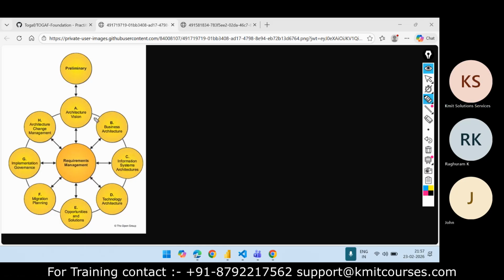Now, you see there are 10 phases. When we are following these phases, we follow step by step. In the preliminary phase, we take the requirement. In architecture vision, we define the roadmap, business, and so on. So step by step, we follow this approach.